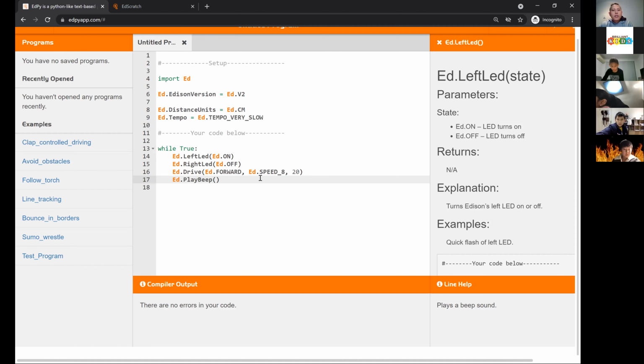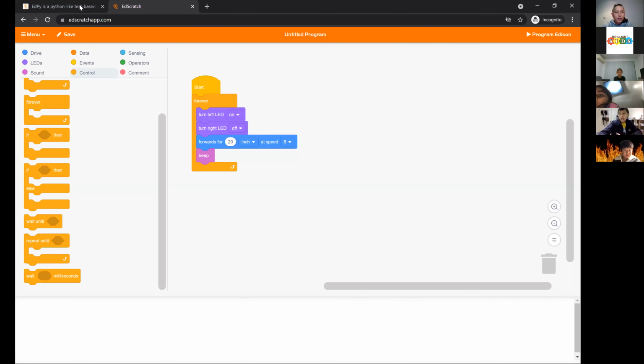Okay, so yeah, this will be slightly more complicated. Make sure there's a space in front of that. It has to be indented. That's how Python pretty much works. So you need to have at least some space in between or a tab. So this will make it run forever.